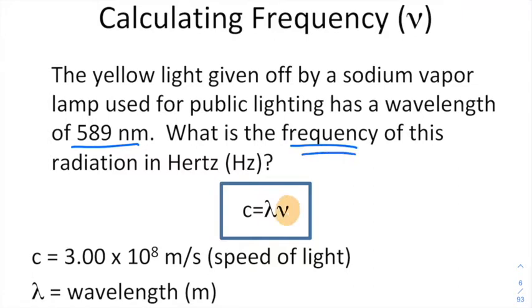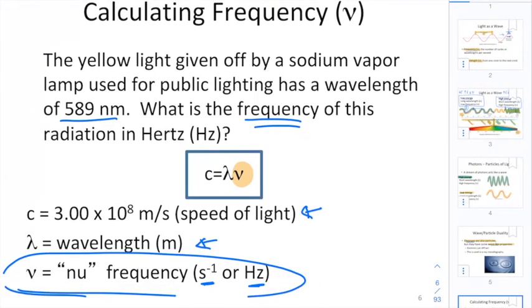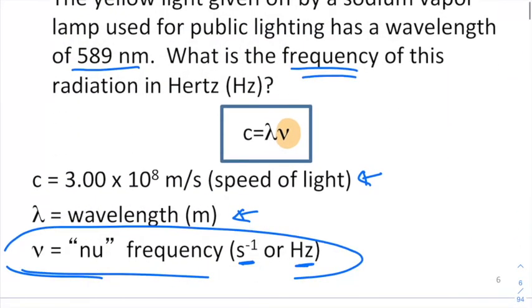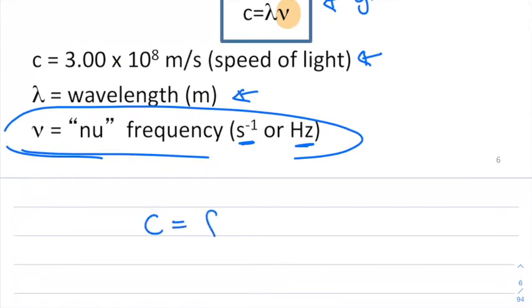All right, so here we are calculating the frequency. So we are calculating this value right here. C is the speed of light, and this value will be given; you don't have to memorize that. And we have our wavelength given. Frequency will be in seconds to the -1, which is also known as hertz. Because this chapter does have a lot of formulas, I am going to give you this formula. So here we have C equals our wavelength times our frequency. C will always be our speed of light, and that value is going to be given to you, 3 times 10 to the 8th meters per second,